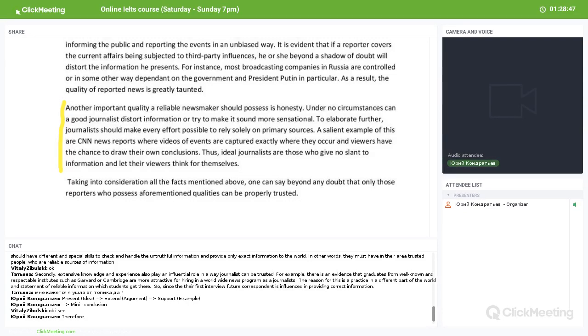As for the topic, yes, you're right. It's a very good language, but it's a deviation from the topic, and you'll be penalized in task achievement. So your lexical resource and grammar could be enough for 6.5 or 7, but your task achievement for this paragraph would probably be like 4 or 5.